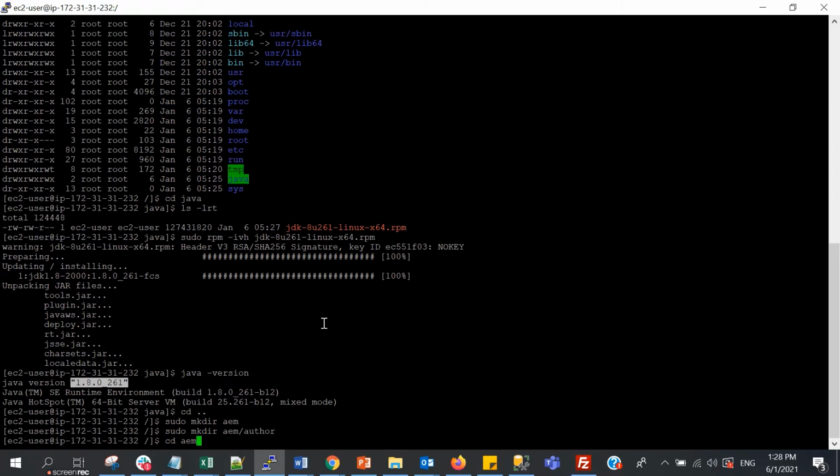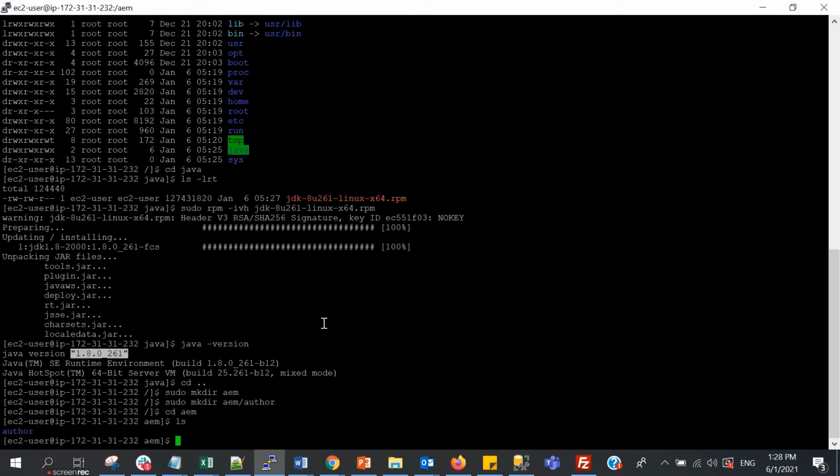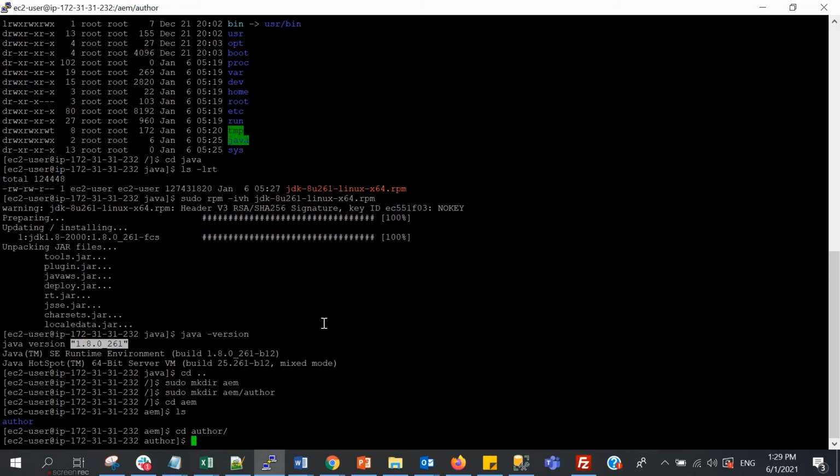So if we cd to the AEM folder, we'll see author. Later on, I will also install publisher. So I created the author folder also here inside.